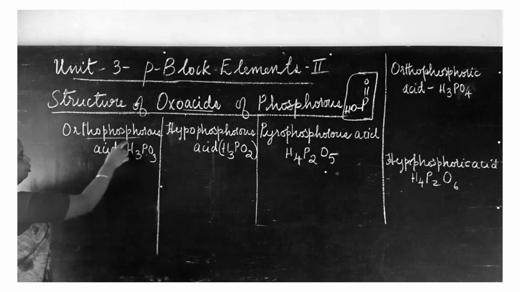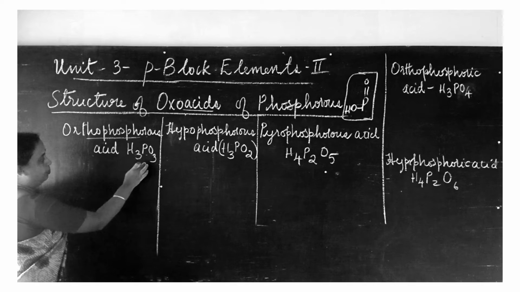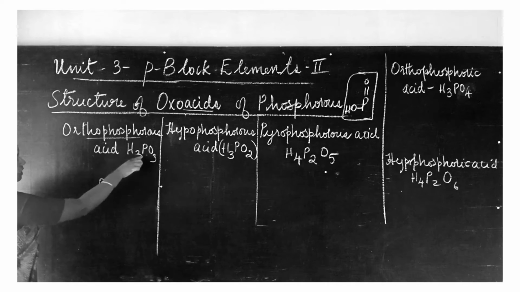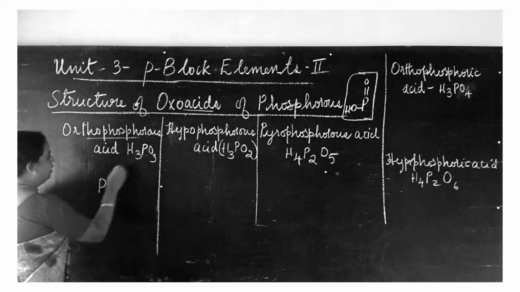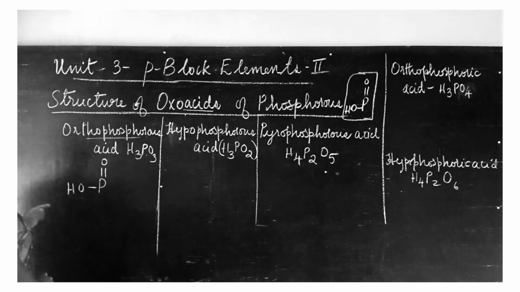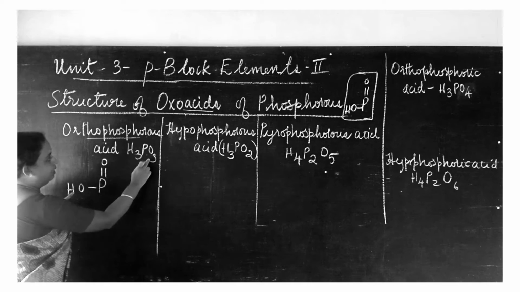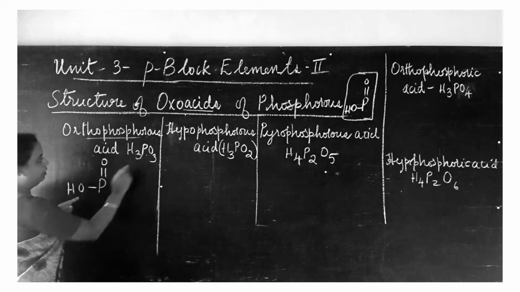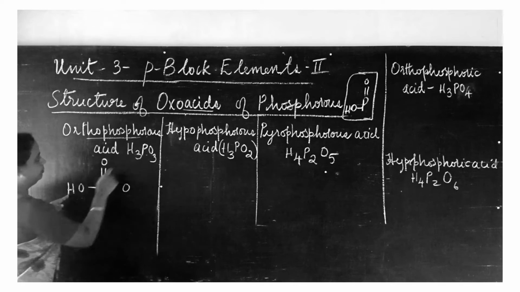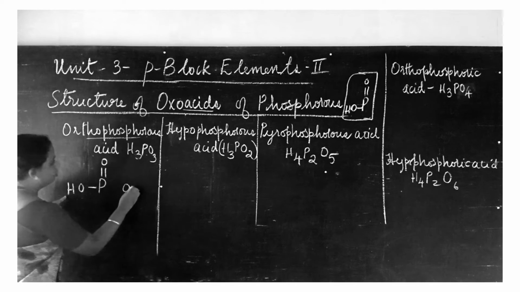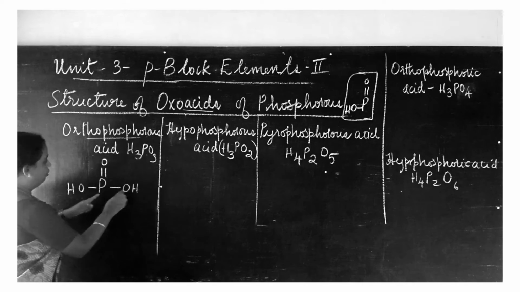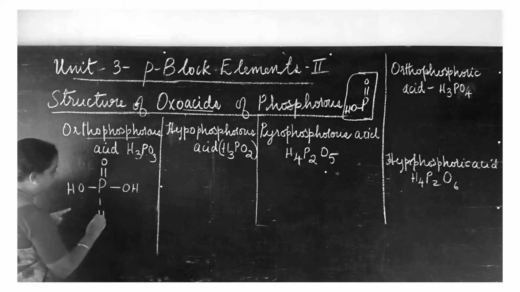Okay, now let us write the structure for each oxoacid. First let us look at orthophosphorous acid, the formula is H3PO3. A single phosphorus atom is there, with double bond O, then bond OH. Now, how many oxygen atoms are there? 3 oxygen atoms. Here already 2 oxygen atoms are there, so 1 more oxygen atom I put over here. Now how many hydrogen atoms? Yes, 3 hydrogen atoms. 1 is here, so 1 I put over here. A bond is there between the phosphorus and oxygen, and another 1 hydrogen I just place over here.